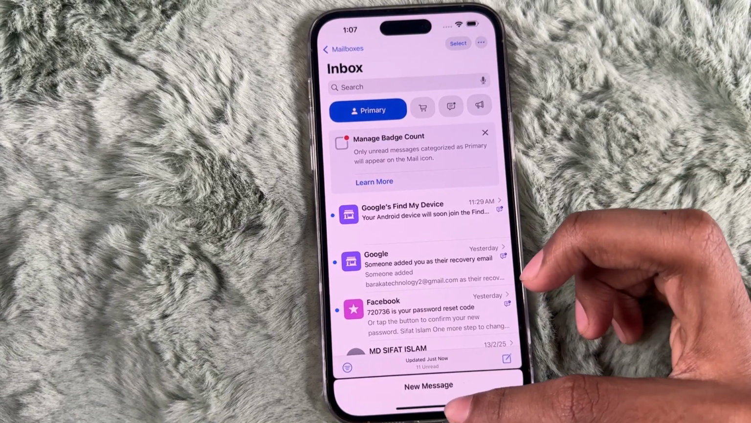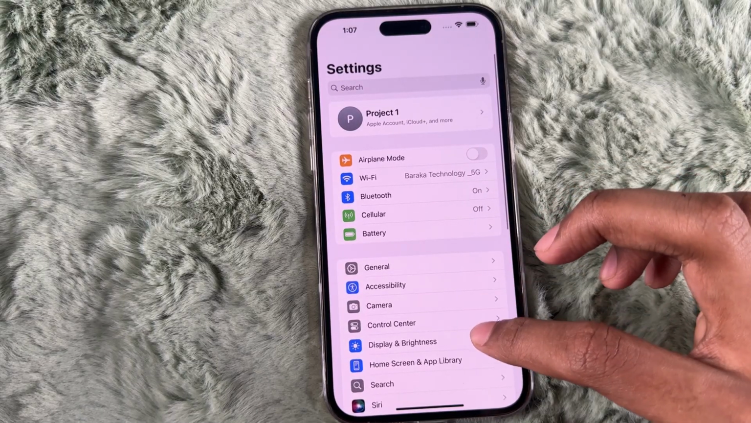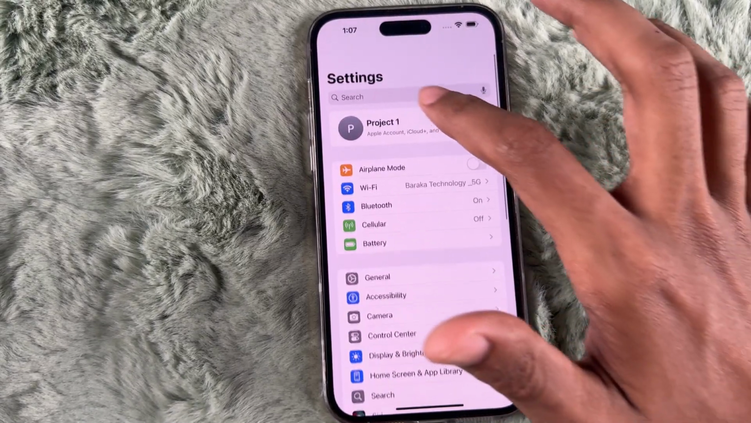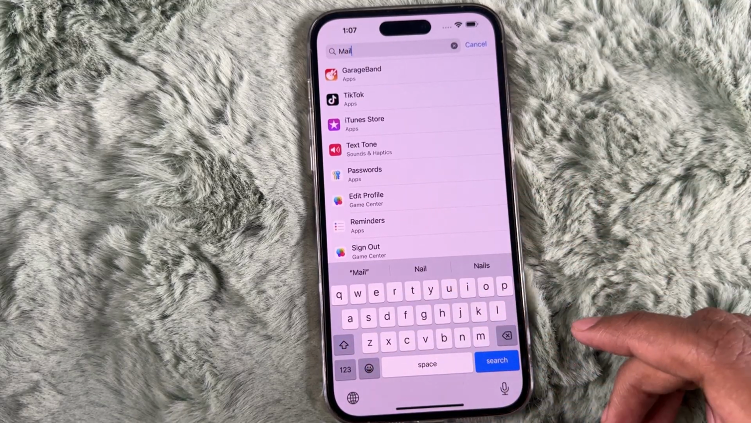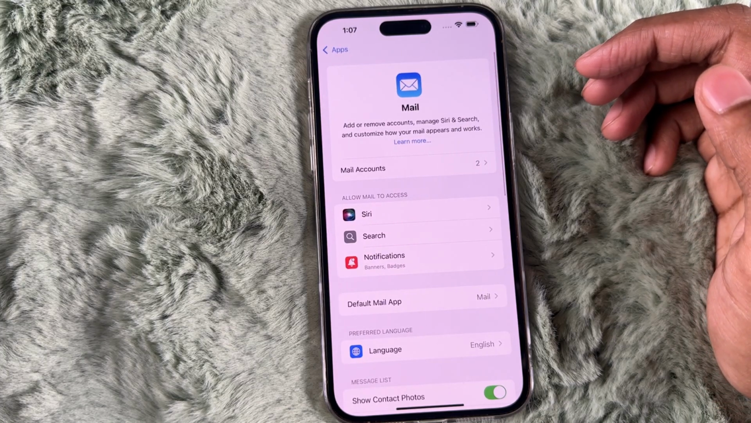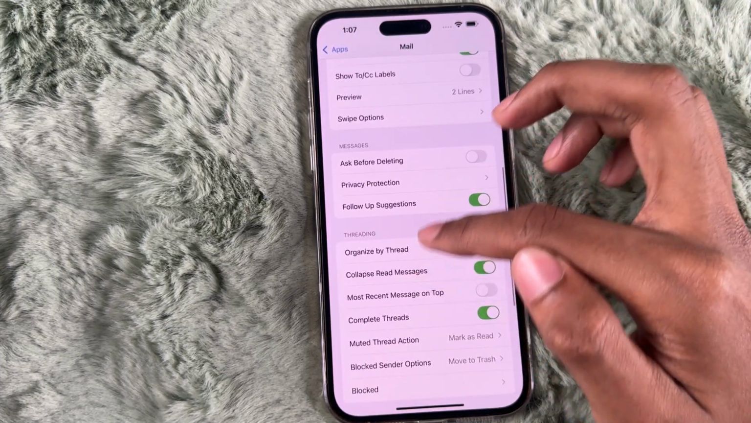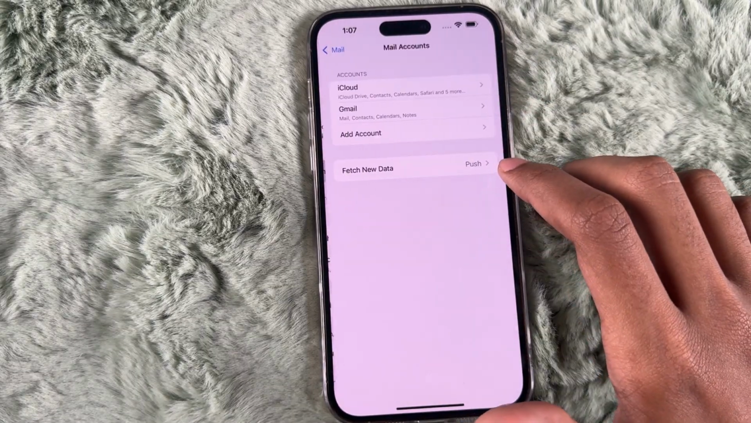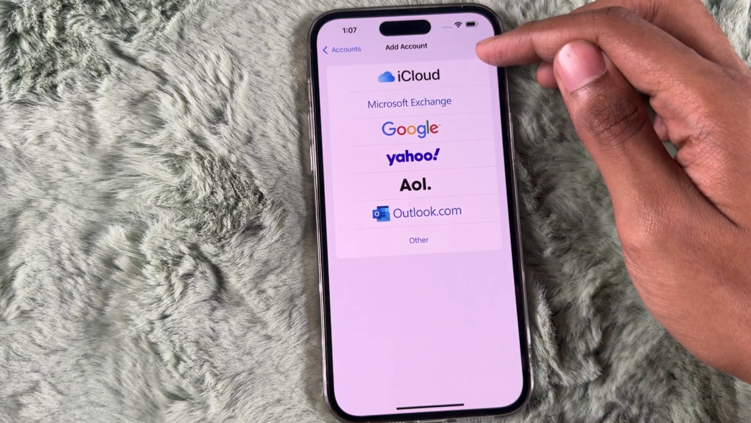Adding mail through Settings. So you have to open Settings on your iPhone, scroll down and tap onto Mail, search for your mail, and then tap onto this option Mails, and scroll down and tap on Mail Accounts, and you can tap onto this Add Account